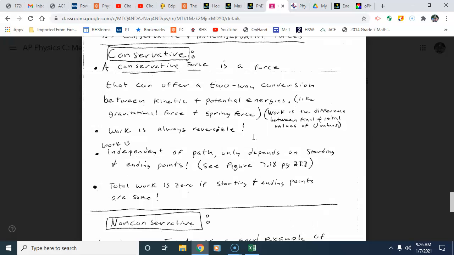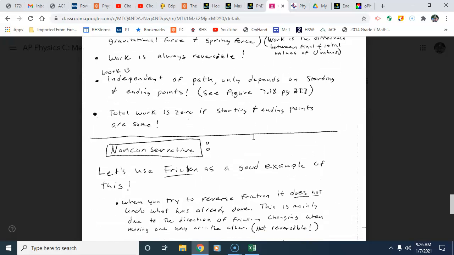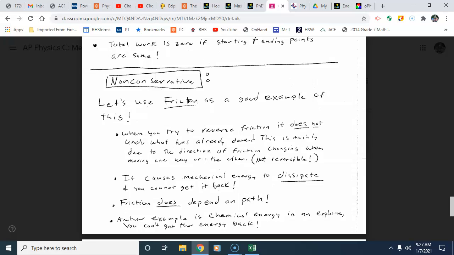All right, non-conservative forces. As I just said, friction is a non-conservative force. And the easiest way to identify a non-conservative force is that it would be hard to get back the work done by it. Like on a spring that's stretchable or compressible, if I stretch it and let it go and want to get that back, I do work on it and pull it right back to where it was, just like I could lift the ball up and do that, right? But with friction, and we noted this a little bit the other day,